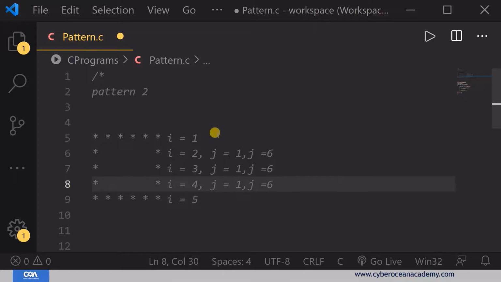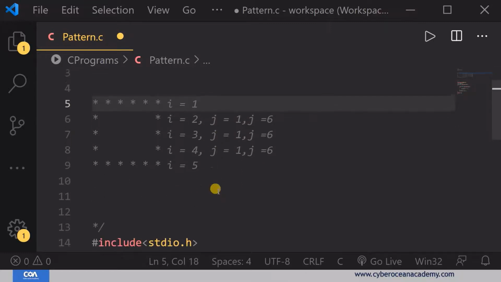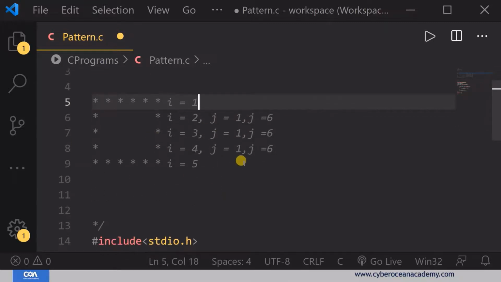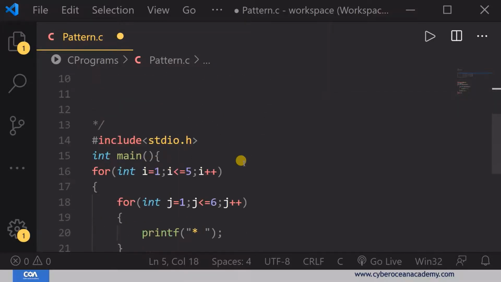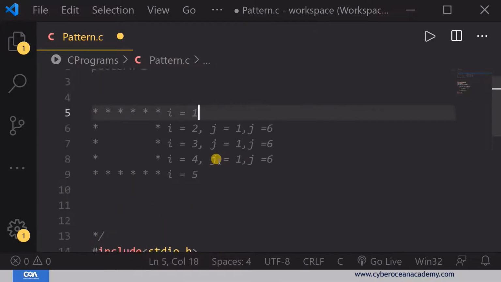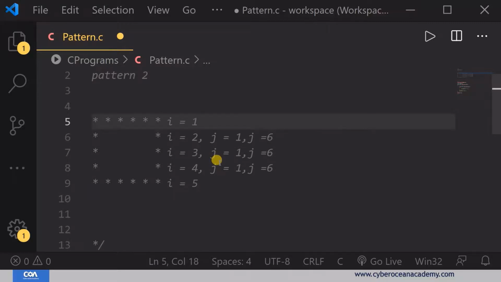Okay, so now you want to print this pattern. Now understand where you have to print. You can see that the value of I is equal to 1 here.